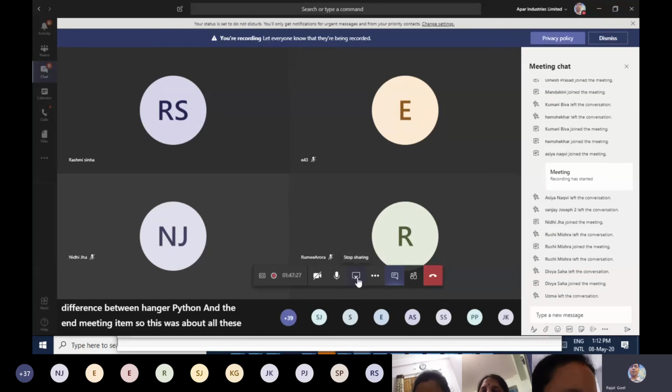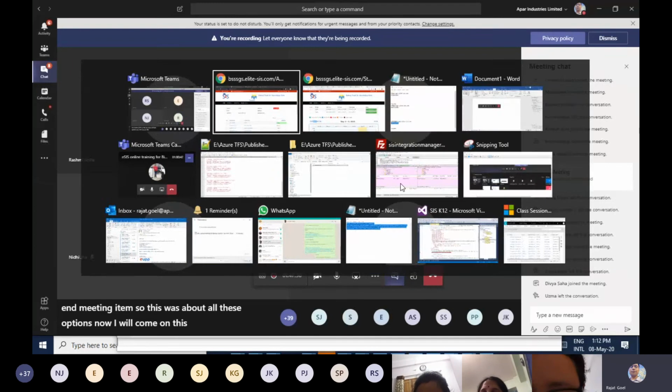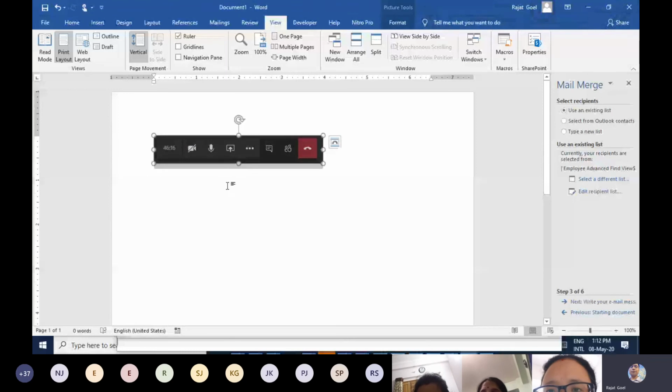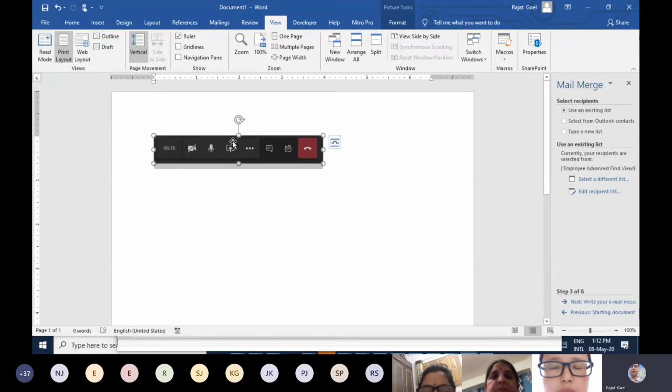Now I will come to this share screen icon. Let me show you a snapshot. I took it while I was saying that I'm preparing for something at the start of the lecture. You can see this icon, the box icon with an upward arrow.